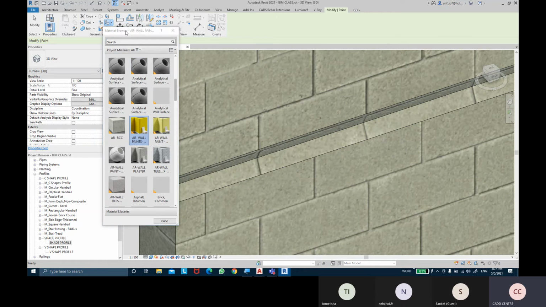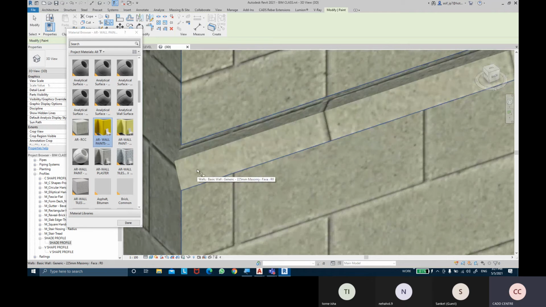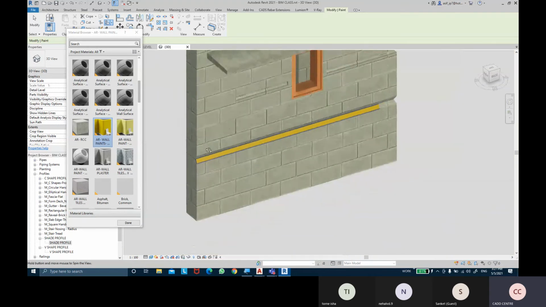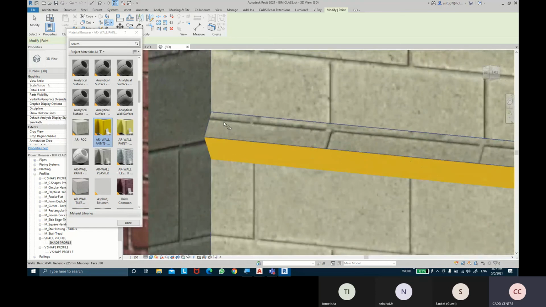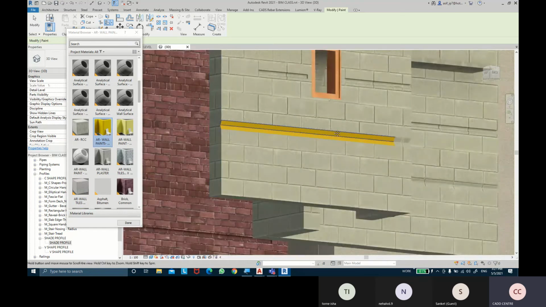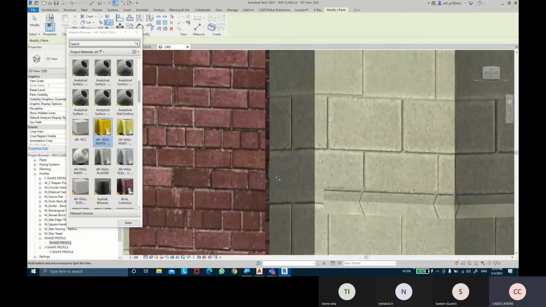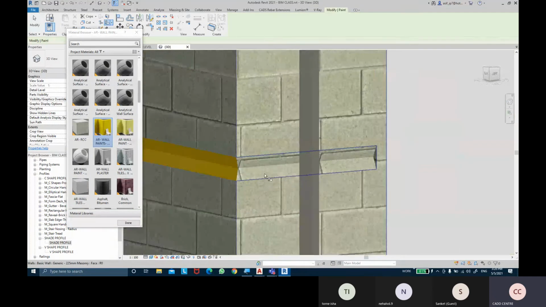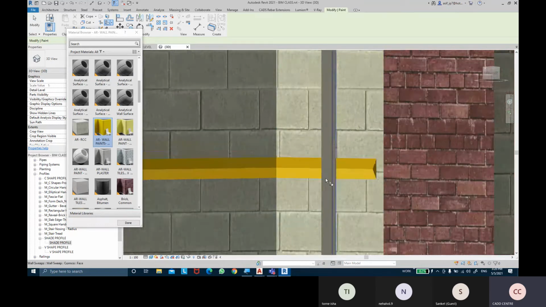I'm going to select it and keep the cursor. Now you can see that the face is not highlighting, so I'm going to press tab. Now the face gets highlighted. Now I'm going to apply it. This gets applied to that portion of that reveal. Maybe this point as well. So I'm going to keep the cursor, press tab, apply it. Same over here. Tab, apply, apply. Tab, apply, and apply. Face as well, apply. Okay.